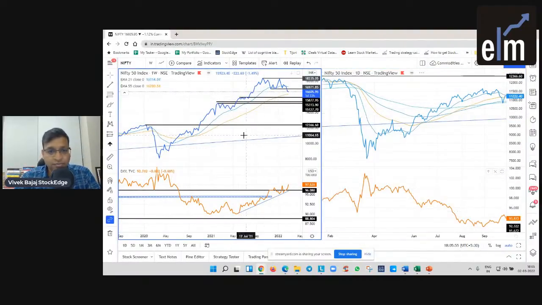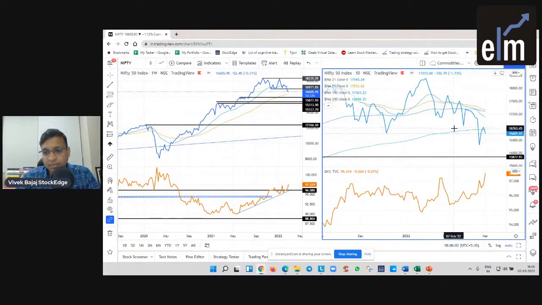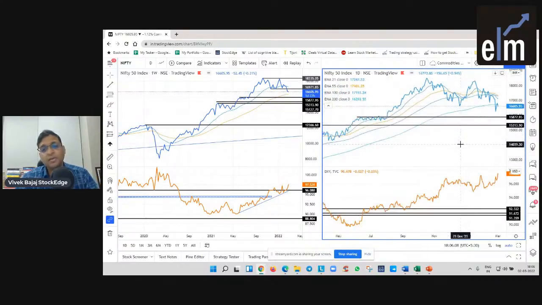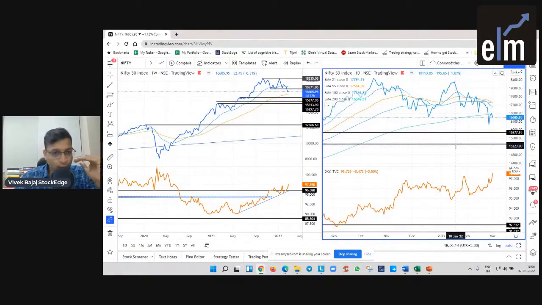This is the weekly chart of Nifty along with dollar index, and this is the daily chart of Nifty. So let us see the daily chart of Nifty. On Friday, Nifty did close above 200-day moving average, and for me, the daily 200-day moving average is such an important data point that if market closes above that level, then market is preparing itself for the next level of momentum. As simple as that. But what happened yesterday, market reverted back again, and market is trading now below the 200-day moving average.